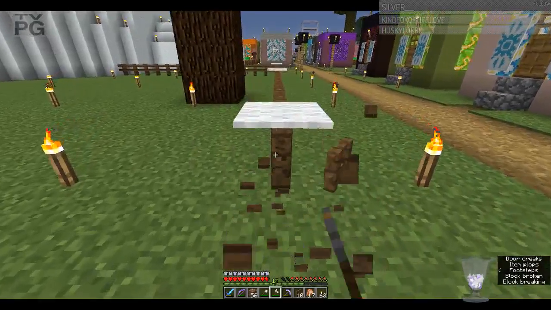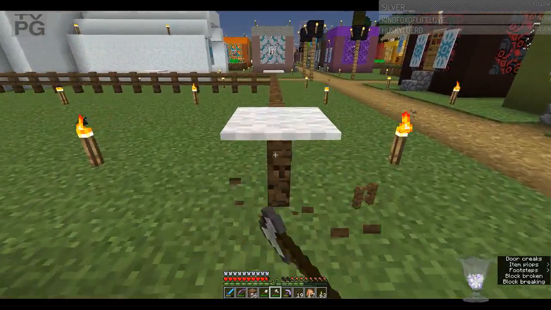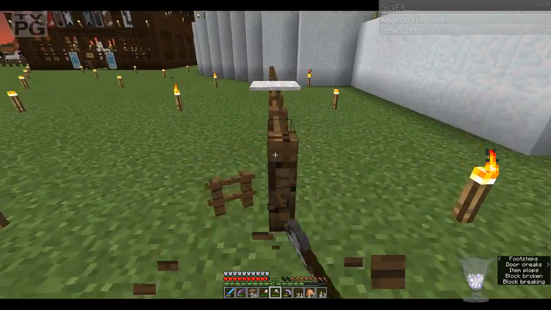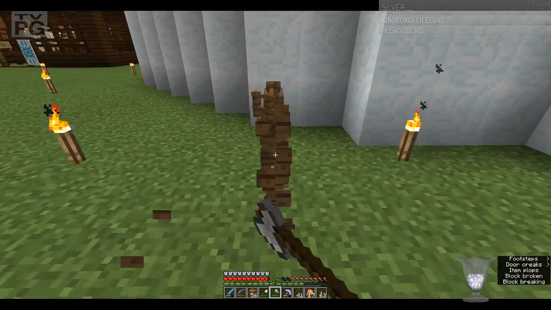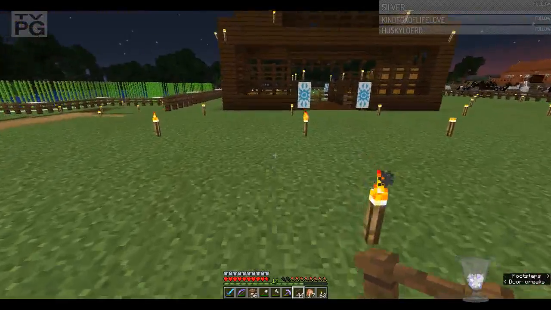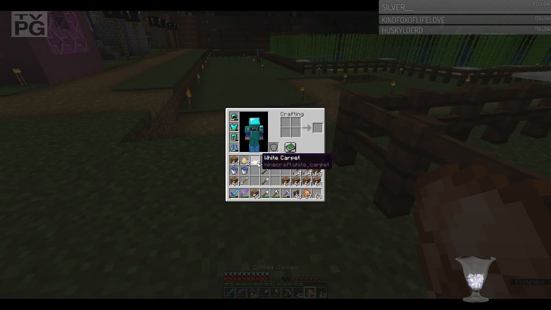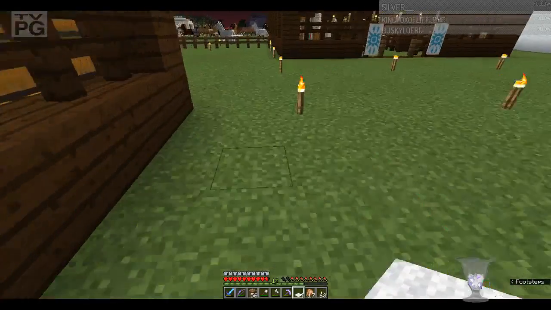Oh, that was a gate, I think. This tree, which was once a very important tree to me, is now kind of a pain in the butt. It is in the way. There we go. Okay, so that removes that. And then what we'll do is we'll attach it onto here. Okay, and then carpet. There. And then,